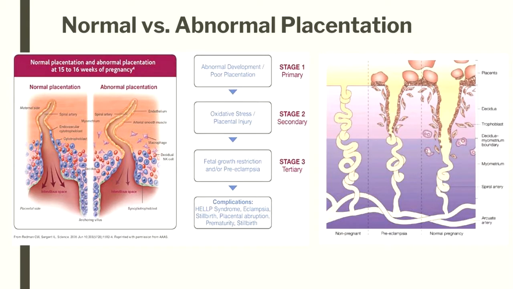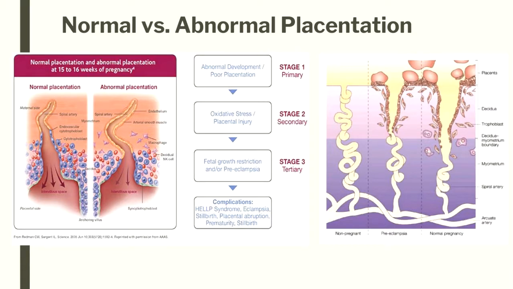Something is going on with abnormal placentation where this dilation is not happening and the spiral arteries can stay constricted. So the spiral arteries are being replaced in larger capacity, they're dilating, and the resistance is being lowered. That's why her blood pressure will also drop in pregnancy. And this results in increased placental circulation with the spiral arteries dilating out. All right, and oxygen to the fetus is increased as a result of this.